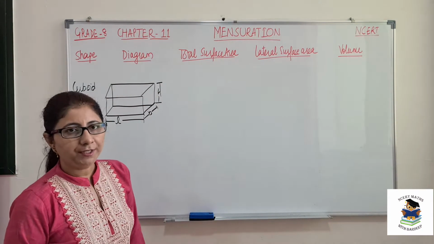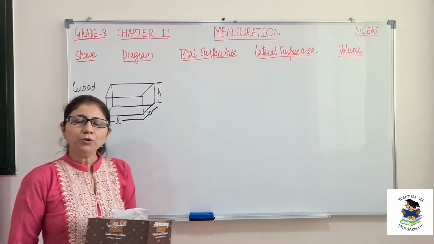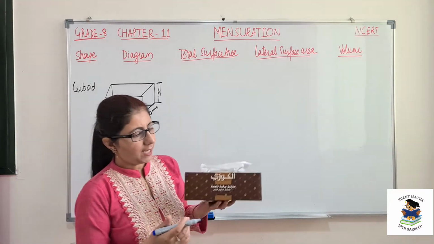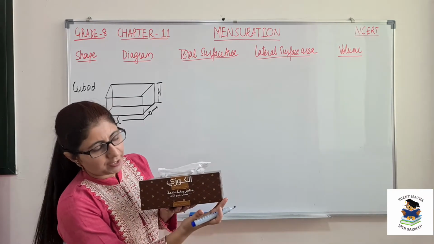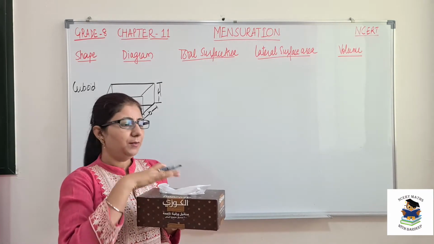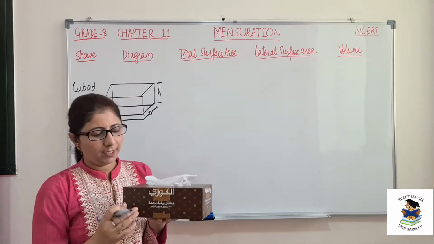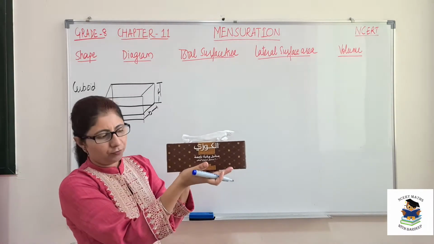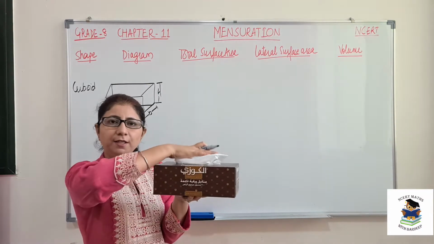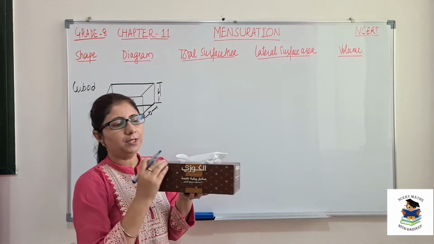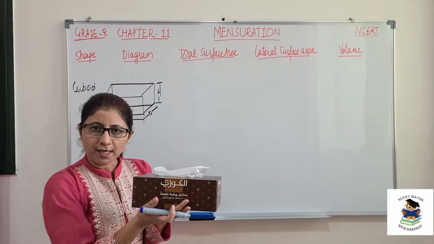As I have already explained, cuboid is made up of rectangles. So to find the total surface area of the cuboid, as you can see here, we have a cuboid in which this is L, this is H and this is B. So total surface area means we should calculate the areas of each face or each rectangle. So let's see what the area of the base is. This will be L into B. The same area is here also because the top also has the same dimensions L and B. So we have two rectangles whose area is L into B.